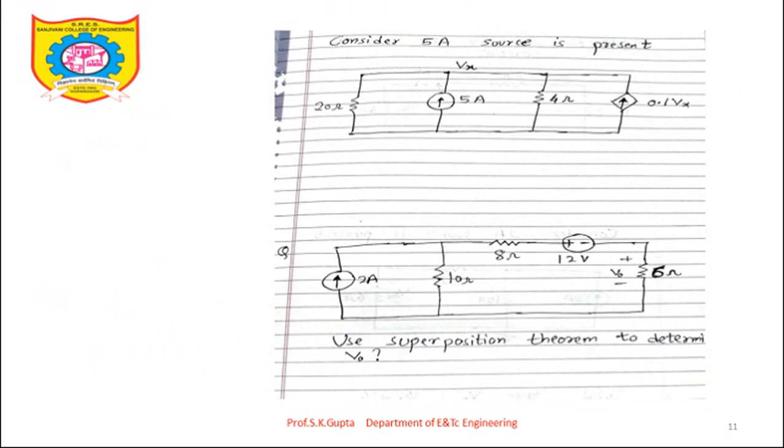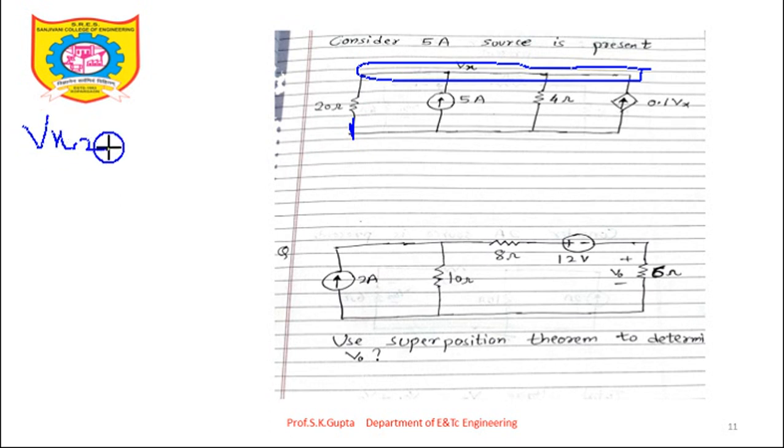Okay. Next, consider this 5 ampere source is present and that 25 volt source is turned off. Turn off means it is short circuit. Now this is a common node. Same node. So again I will use the nodal equation. So consider this node is at higher potential. Higher potential means all currents are leaving currents, and sum of leaving currents equal to 0. Then use Ohm's law. So this is the Vx2 voltage. Here also it is 0.1 Vx2. So Vx2 minus 0 divided by 20, because this is the ground terminal,